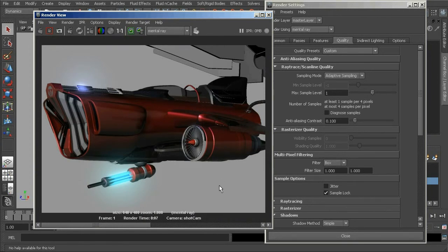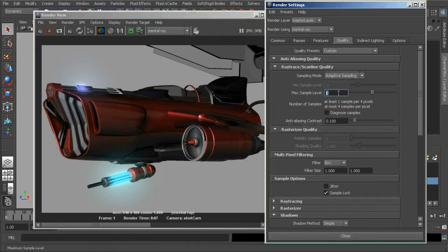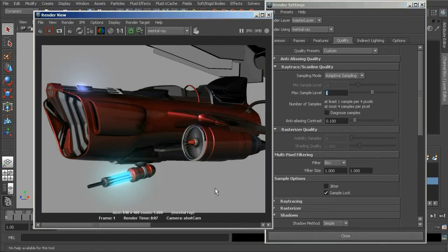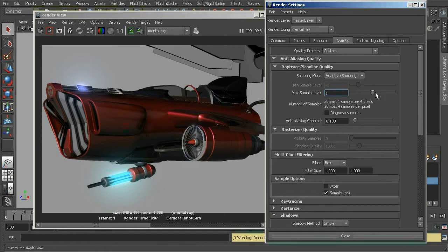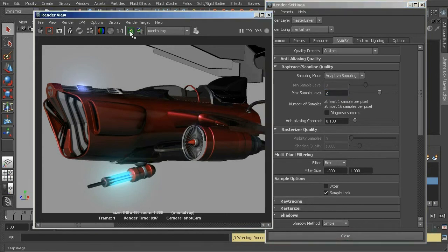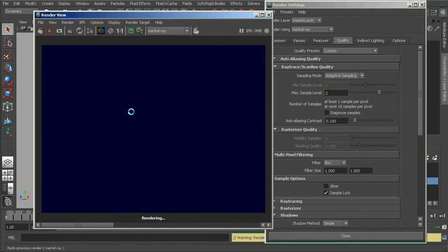The problem, though, is that as we increase these sampling levels higher and higher, we'll start to see a much more dramatic slowdown in our render times. For example, we've jumped from 5 seconds from this original low quality render to, with a sampling level of 1, a render time of about 7 seconds. As we increase these sampling levels higher and higher, that slowdown will become more and more dramatic. So if I take this up to a sampling level of 2, save my image for comparison and re-render that,